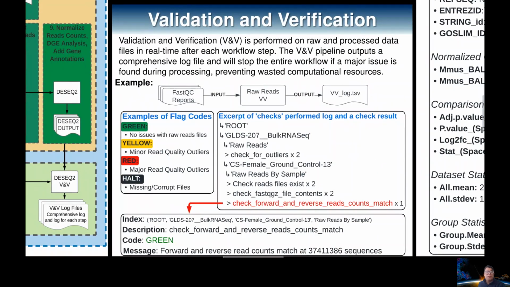The V&V workflow is built on a framework written in Python. It runs after each major step and really has two major goals. First, keeping a detailed log of V&V checks on the raw and processed data, including notable observations like outliers. And 2, to recognize egregious issues during processing, like corrupt files, and halt processing, saving computational resources and allowing manual